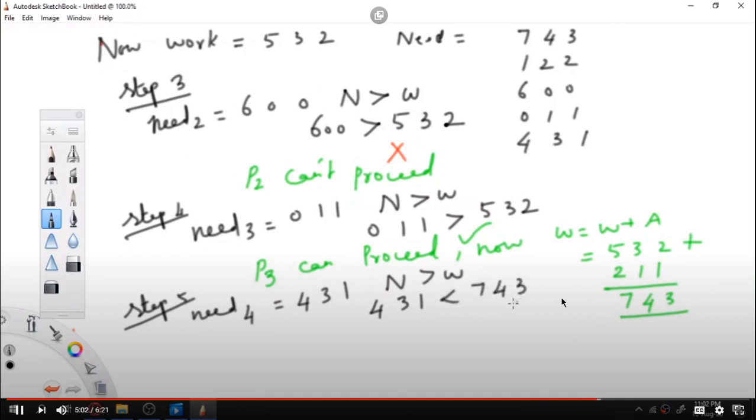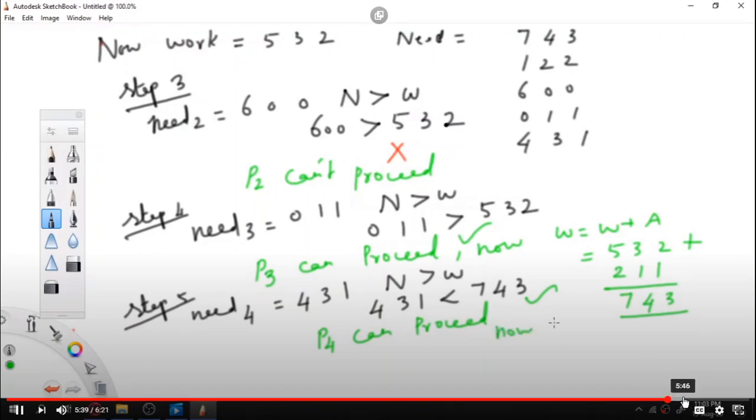Okay, yes, so actually the reverse case: 4 is less than 7, 3 is less than 4, and 1 is less than 3. That means need is less but available is more. So I can proceed with P4. So I just have to make a tick that P4 can proceed.